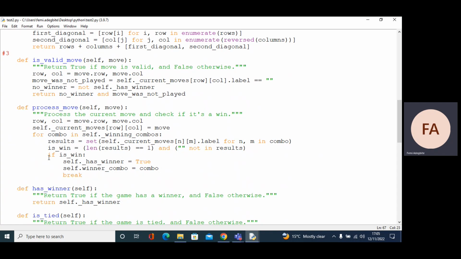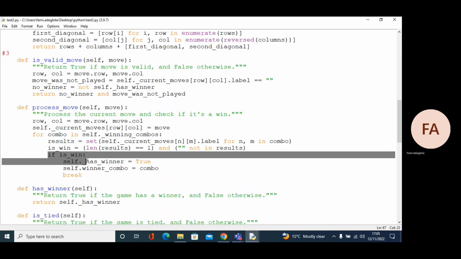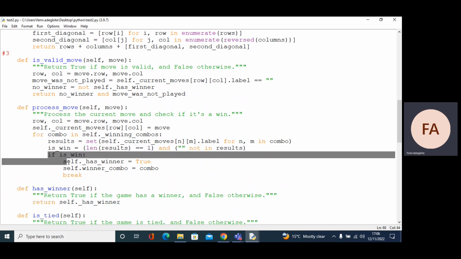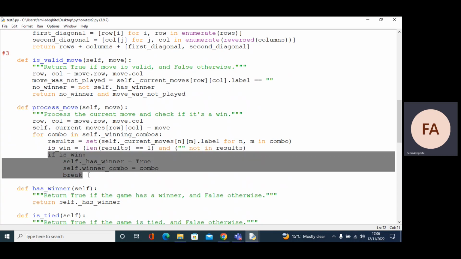The next line here, which is checks, basically defines the Boolean expression to check if the current move determines a win or not. And this last part of the code, from here to here, is basically checking the content